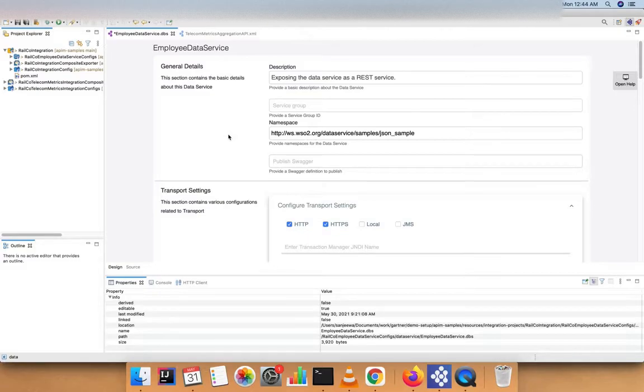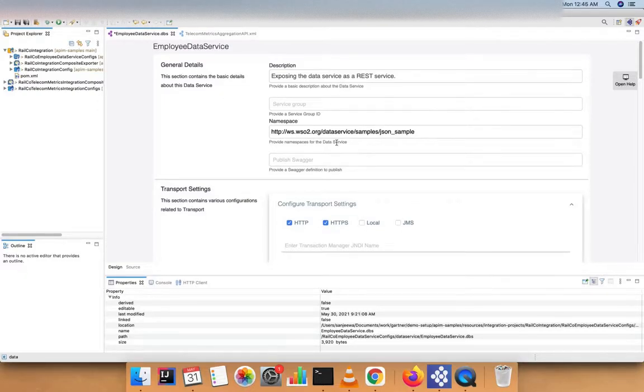In our demo script, in the E3 section we have something to create an API from the existing resource. To cover that, I decided to implement a very simple use case where we have a database and a table, and we need to expose the data to the outside as a service. So basically simple CRUD operations only. That is about this service. I have created an employee data service, and we have provided a name and other descriptions.